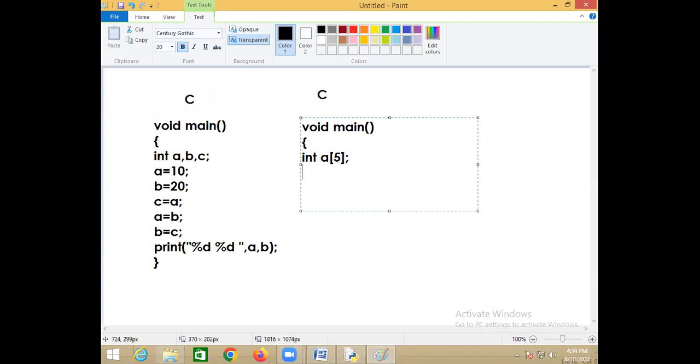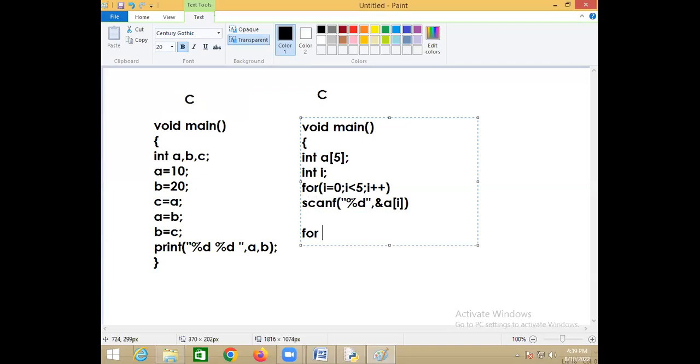Then you declare an integer I, which is called the index. And then you say for I is 0 and I is less than 5, I plus plus. And then you write scanf percentage D, ampersand A of I. So this is reading.